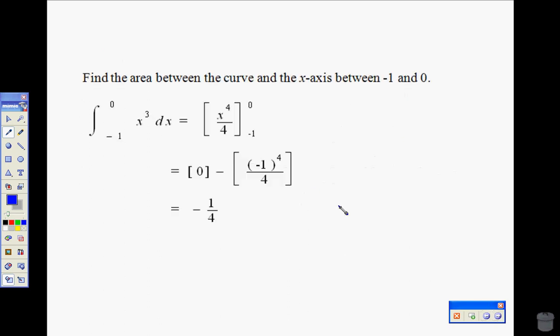So, if we do our integration, we know negative 1 to 0 of x cubed, where we add 1 to the power, divide by the power, so it gives us x to the power 4 over 4. Substitute 0, substitute minus 1 in. That would give us a positive because it's an even power, but then the negative gives us a negative a quarter. Hopefully the alarm bells are ringing because we did say area, and we've got negative a quarter,